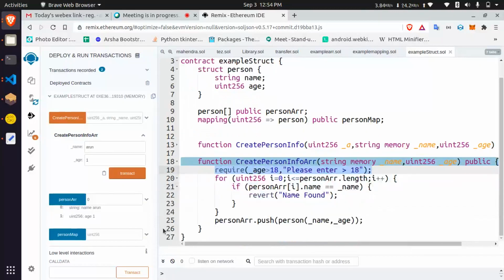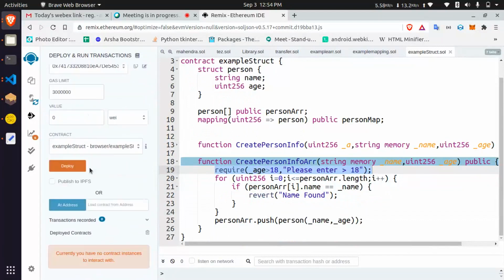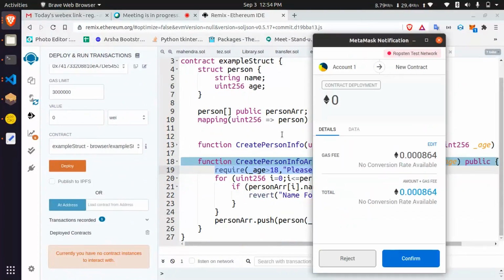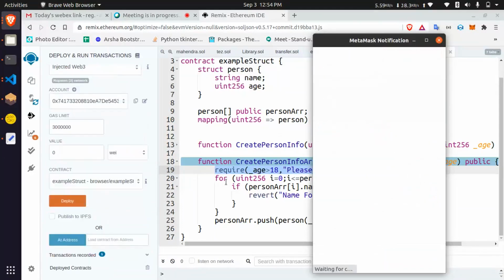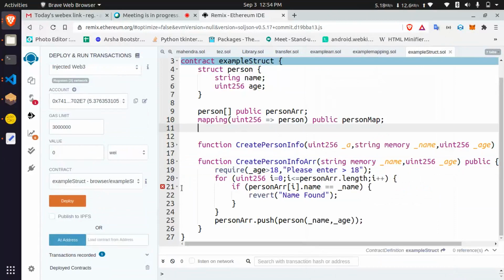Let me show the example in Ropsten. Just convert it. You can use anything, but for the error message, I will show that in Ropsten. We have to compile this contract because it is showing an error.